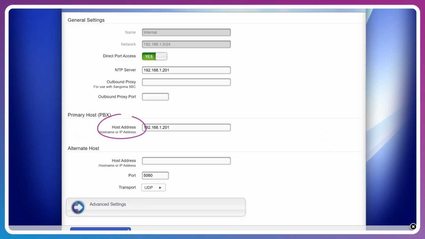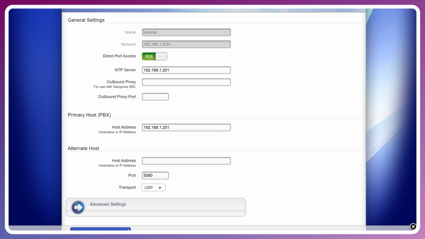We can change the IP address at any time, and an alternate host can be specified as a failover when the primary IP cannot be reached. This will be provisioned into phones, including the Sangoma TalkPhone, as its failover gateway. Note that some features for phones are unavailable while they're on the alternate host.